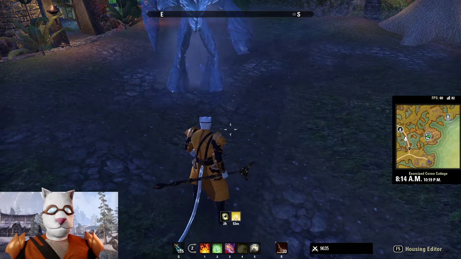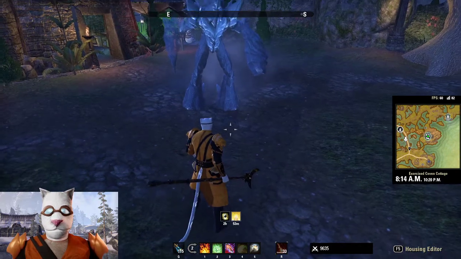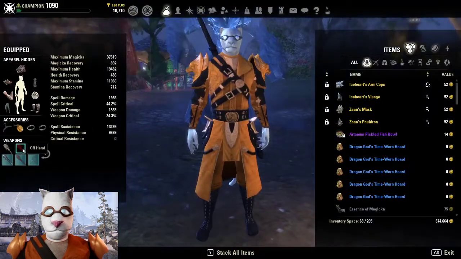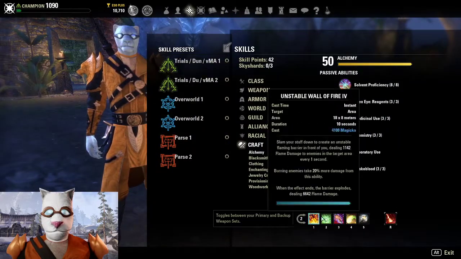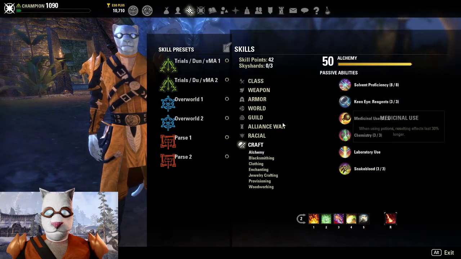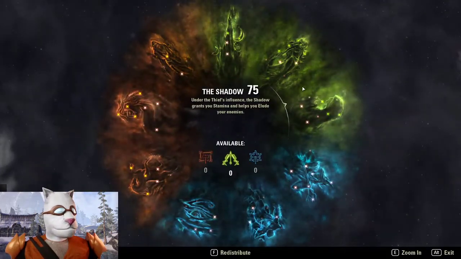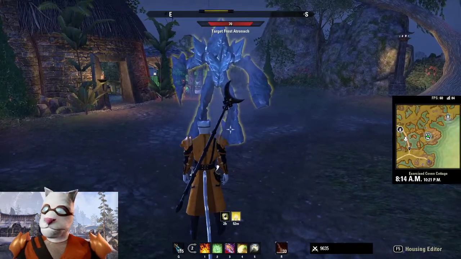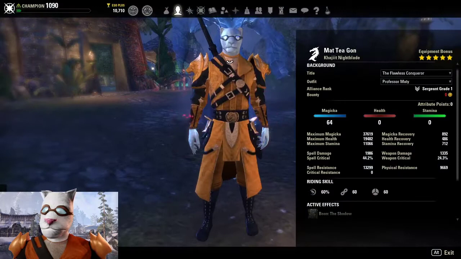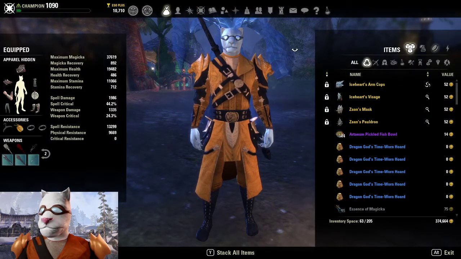Sip of coffee again. So there we go. So we've covered what I'm wearing. We've covered all of my skills and passives. We've covered all of the CP points, all my things allocated in there. All right. The last few things that we have in here are actually our food,